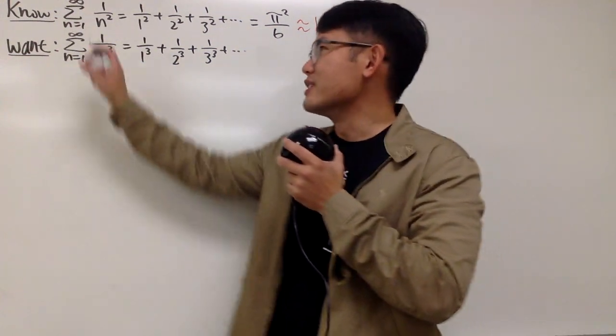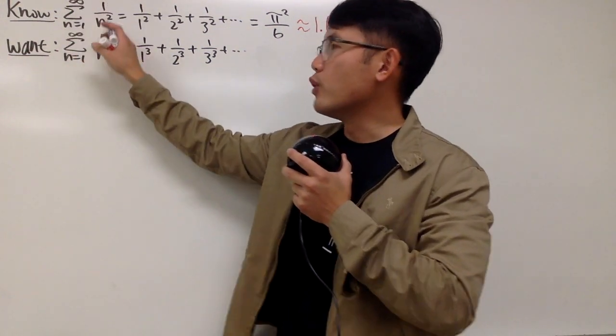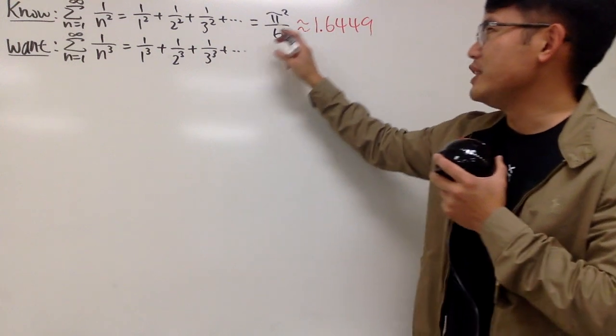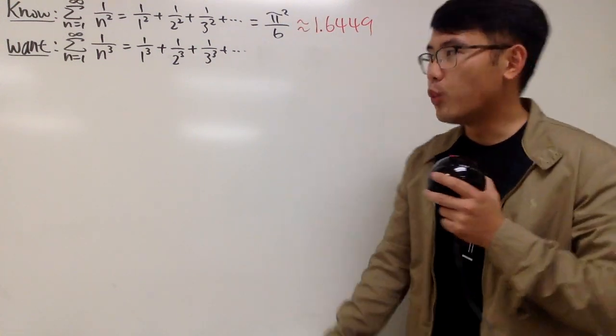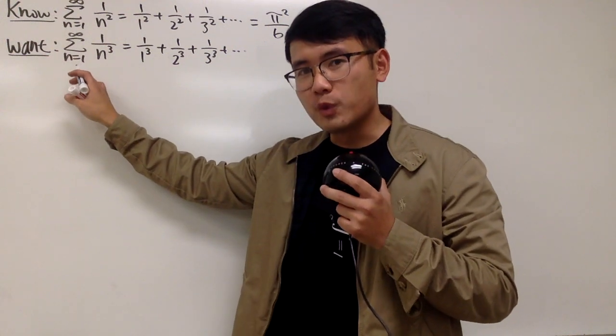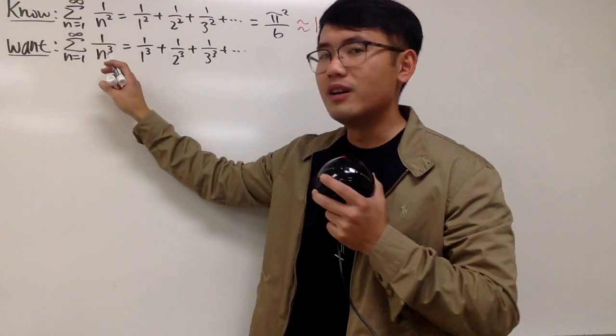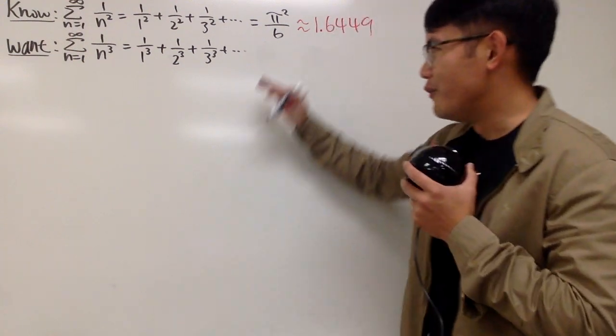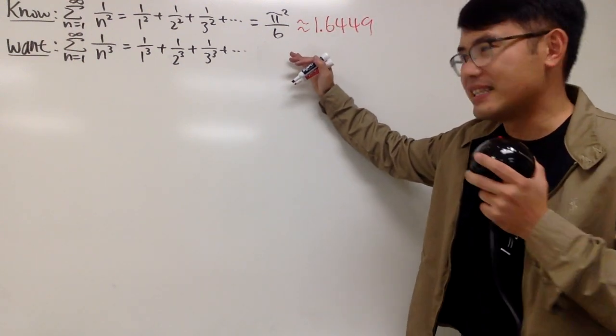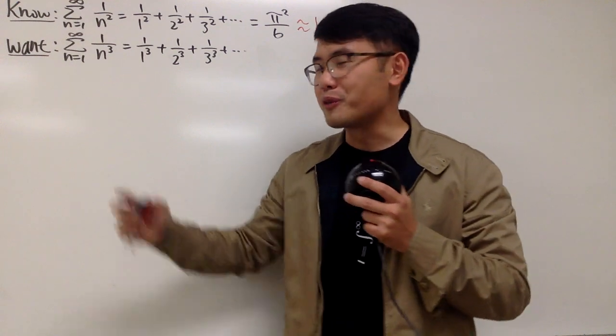Okay, as we all know, the sum as n goes from 1 to infinity of 1 over n squared is equal to pi squared over 6. But have you ever thought about what if we have the sum as n goes from 1 to infinity of 1 over n cubed instead? Oh well, unfortunately, we do not have a nice exact answer for this, but we do know that this